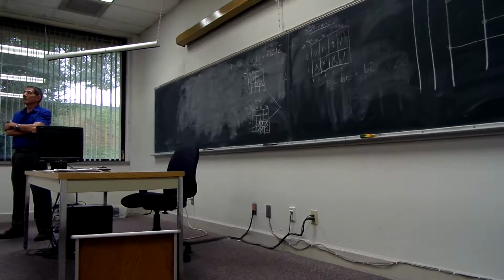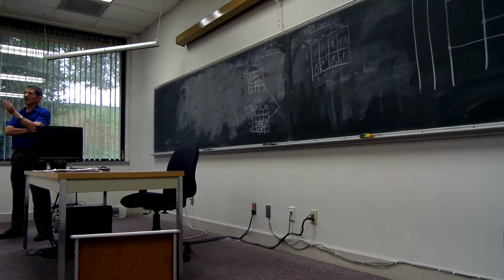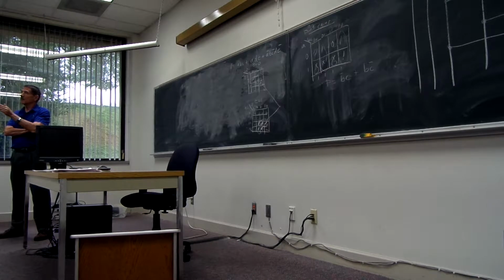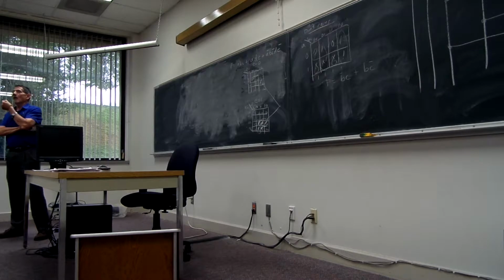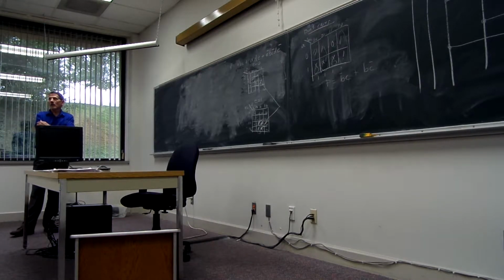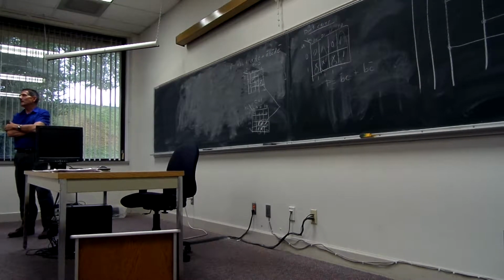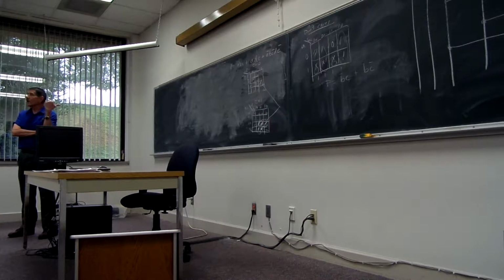Determine if there's any don't cares, or would they have to be given in the problem? Somebody would have to tell you that those particular combinations of inputs are not possible. You'd have to know that. So we want to now take a look at implementing these things with gates,